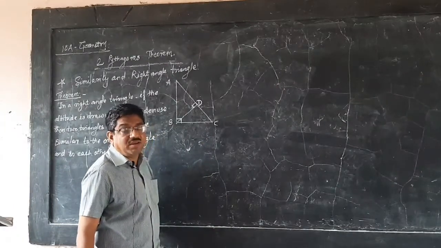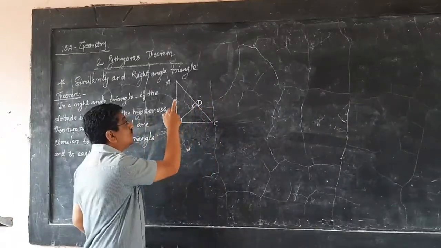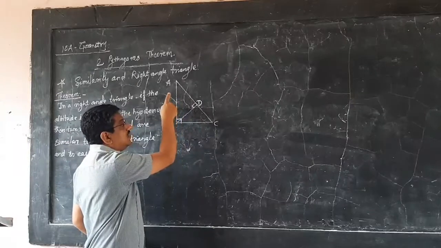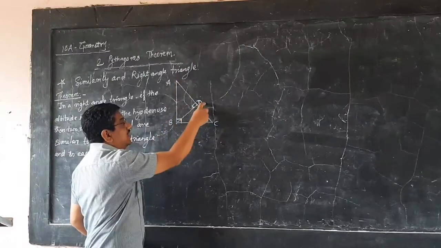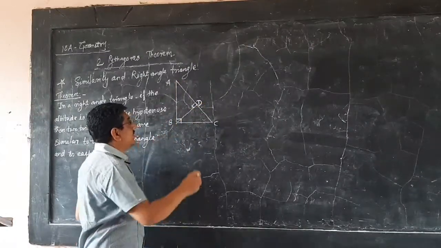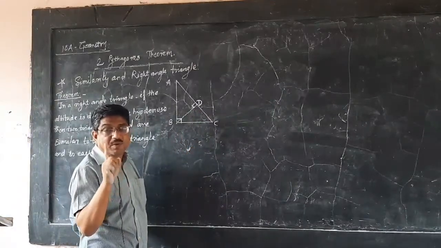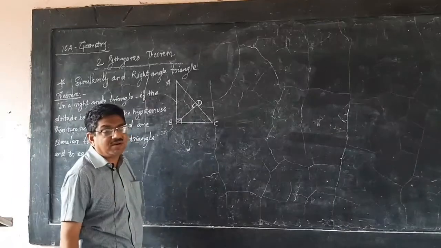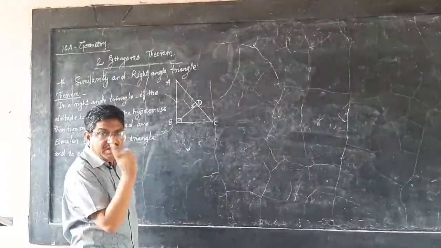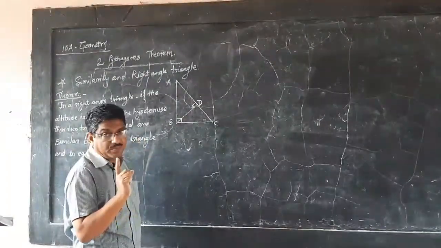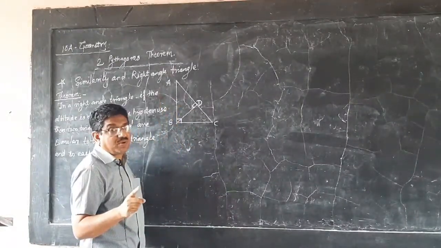Now how to write the given, how to write the proof. Remember here you have to show all three triangles. Which are the three triangles? ABC is the original triangle. Second triangle ADB, this triangle. Third triangle BDC. Now there should be a proper sequence and proper correspondence between the vertices of the two triangles. Then only you are able to write the proof. What is to prove? All the three triangles, you have to use the proper correspondence.